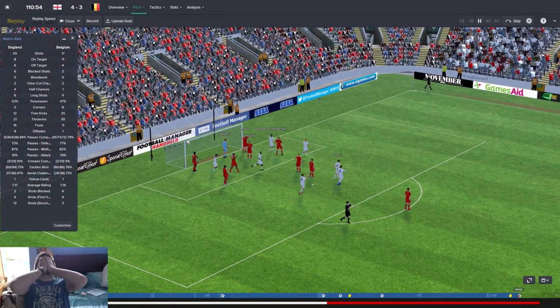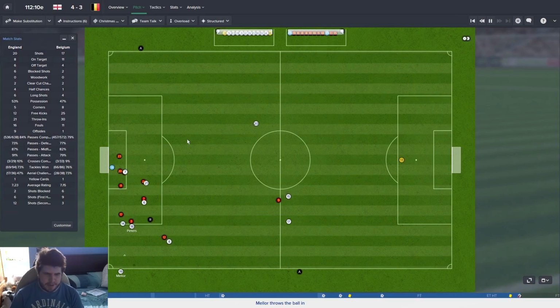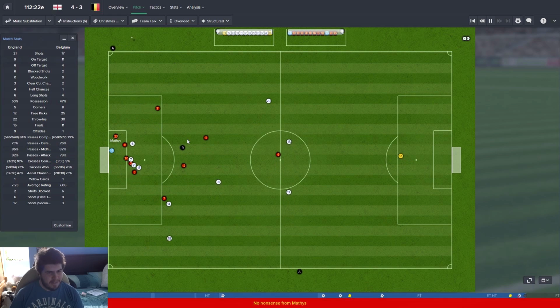Oh, God. That's depressing, just to even see that. Oh, God, we're going to get another one now, aren't they? That's depressing to even have that happen to us. Sterling now, he's going to surely score. Oxlade-Chamberlain, he's just going to book that back for Aaron Cool. What a save that is from...